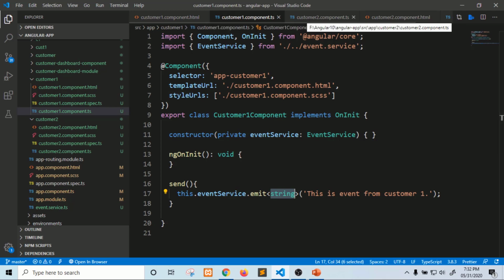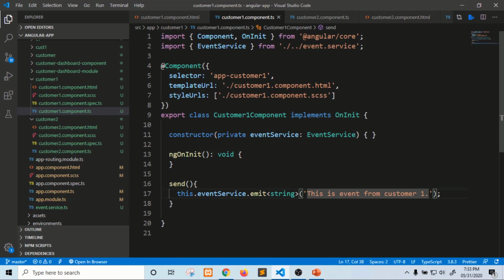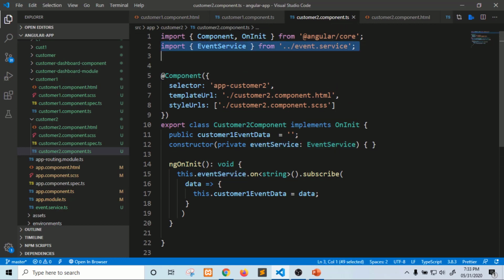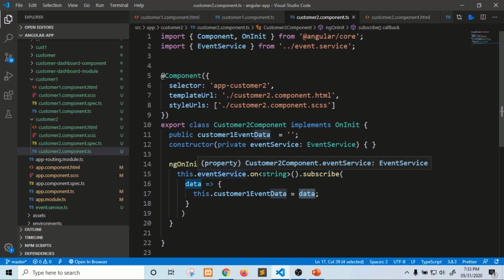Now we go to the customer 2 component. Here we are receiving this data, this is event from customer 1. So this event service we need to import here, then again inject it for using this dot event service dot on method. We are using the on method for subscribing to the data which we are passing from the customer 1 component, and customer 1 event data is a variable internal to this customer 2 component, which we can also use in our HTML file.